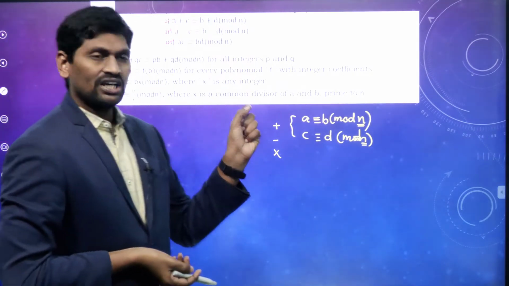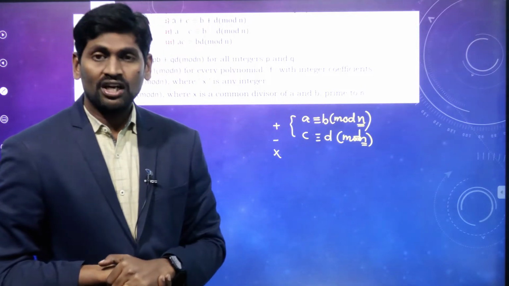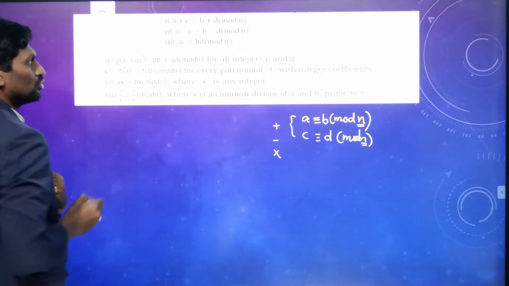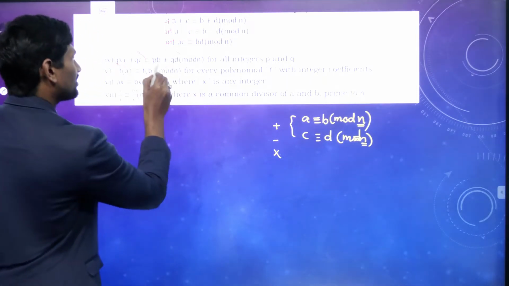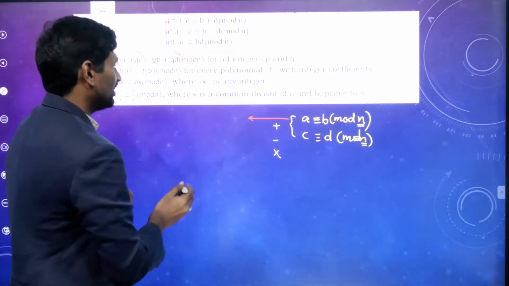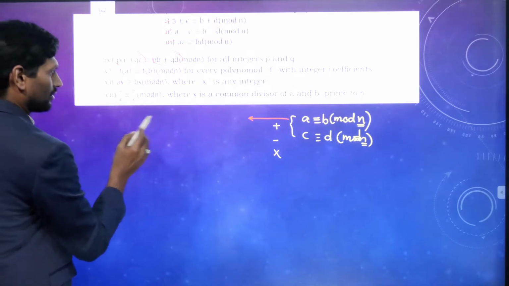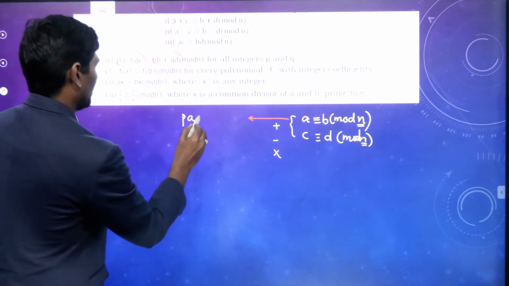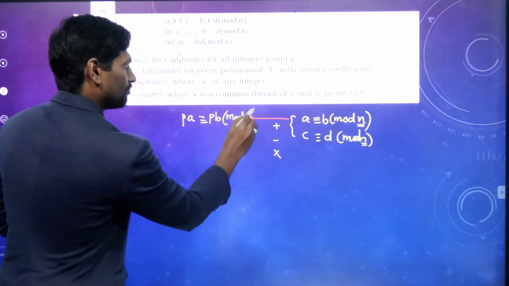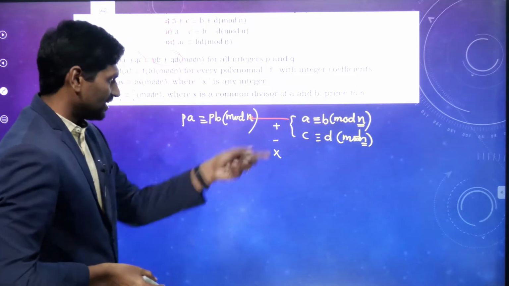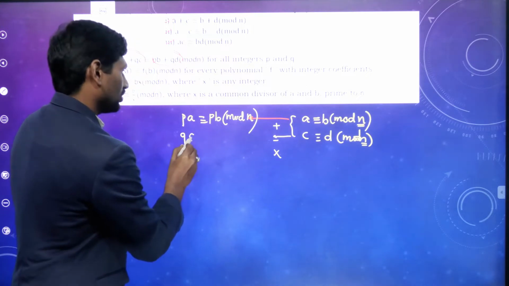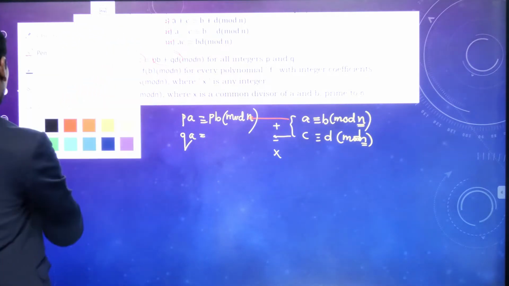Now check the fourth one we have discussed. P and Q are any integers. Then we can write PA plus QC is congruent to PB plus QD. That means the first set of integers multiplied with P gives PA congruent to PB modulo N, where P can be any integer. In the same way, the second set of integers multiplied with Q gives QC congruent to